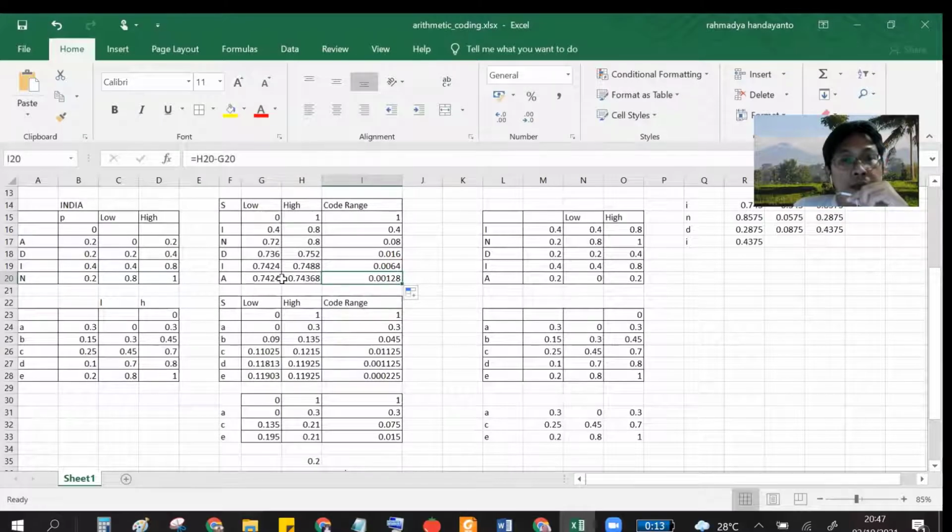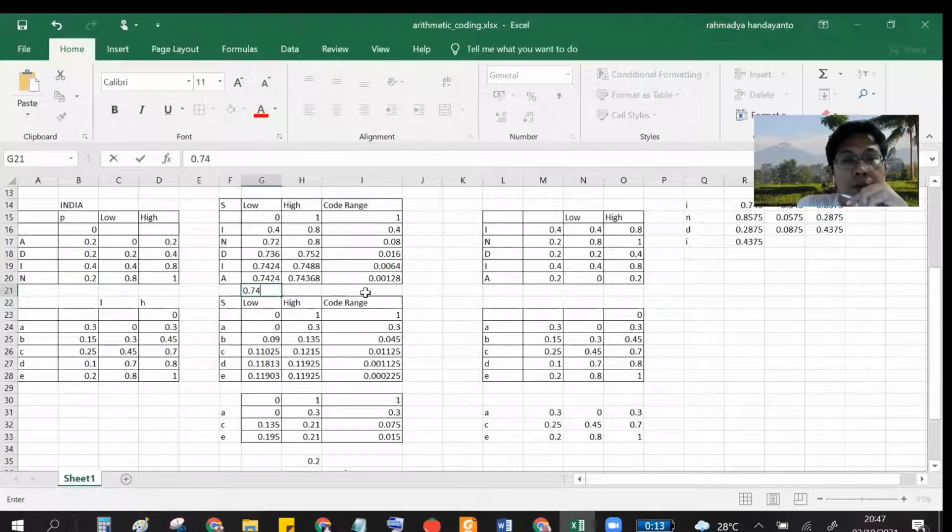And then India is a number between 0.742 and 0.746. For example, if I use the code 0.7425, this number converts to India.